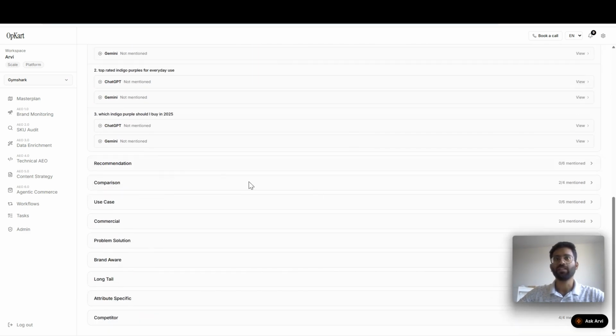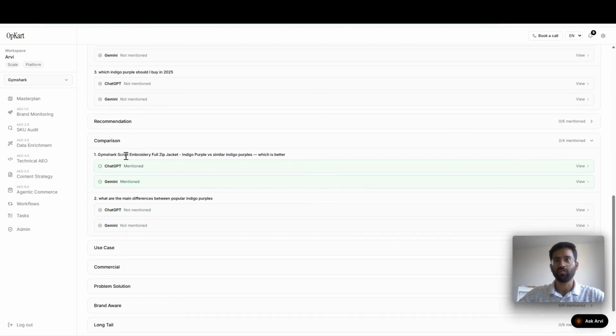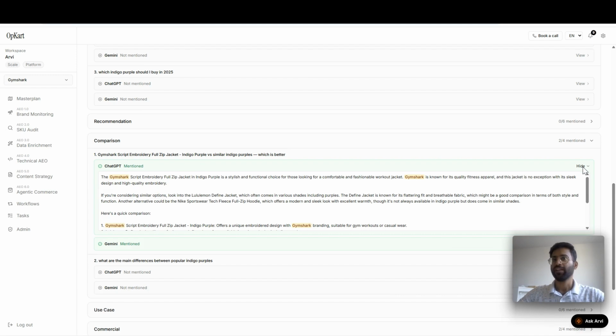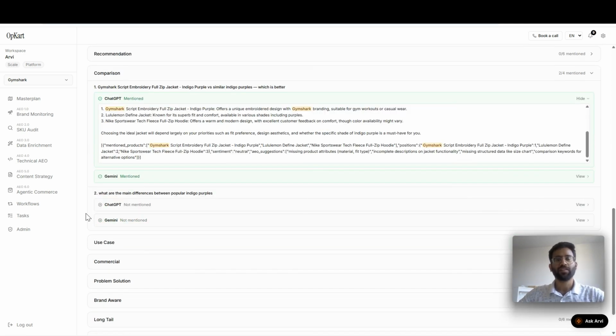And let us see the comparison tab. Yeah, this should be mentioned because we are specifically asking for Gymshark, right? So that's also important. Even if you ask for your product, it has to be mentioned, right? Sometimes it doesn't happen in AI, because if you're a very small platform or an online shop, your products might not even get recognized, and that's something that you have to take care of, and you have to start running these visibility checks and then optimize it as well. So yeah, in the next video, we're going to see how to optimize or create an optimized content, or a blog using our